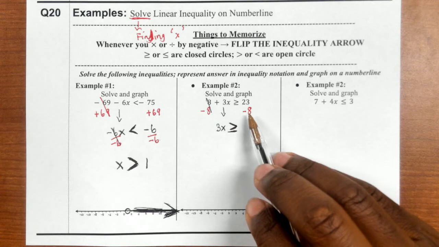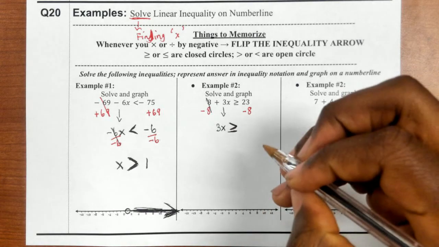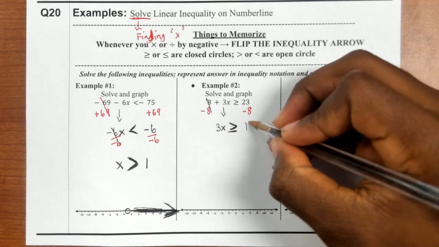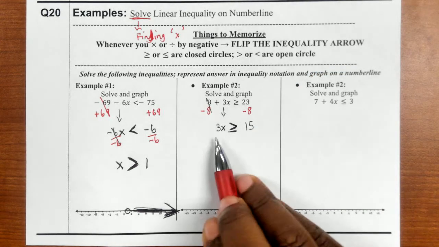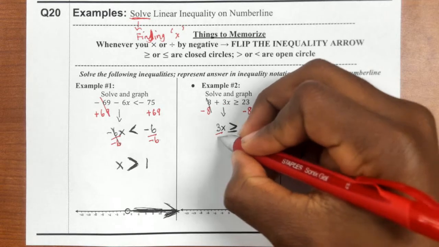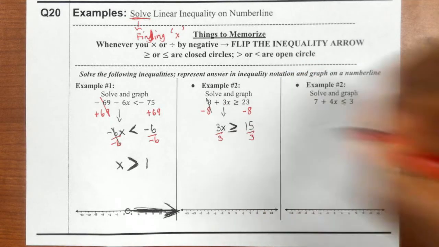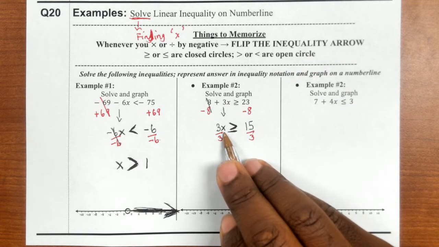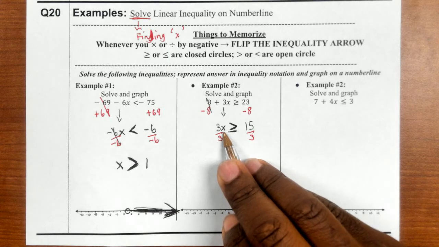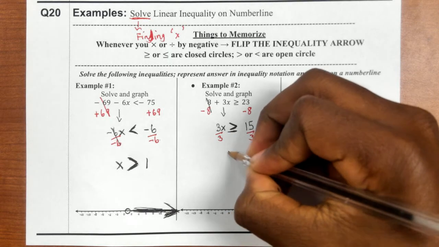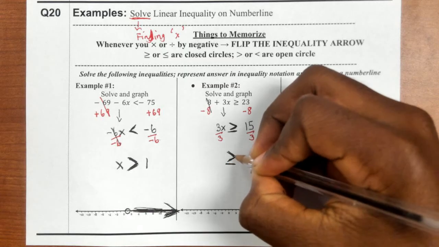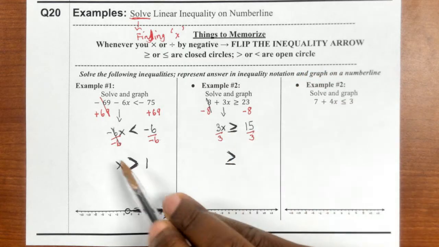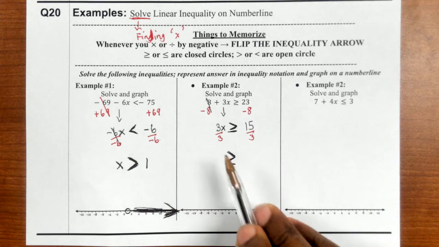23 minus 8 is 15. All right. So now I'm going to break up my multiply. I'm going to break up my couple by dividing by 3, dividing by 3. Did I divide by a negative number, guys? No. So my greater than or equal to sign is going to stay the same. The only time that flips or changes is if I divide it by a negative number, which I did not